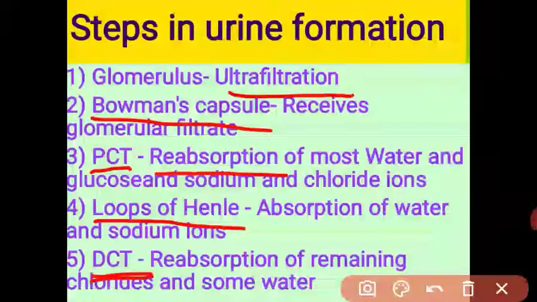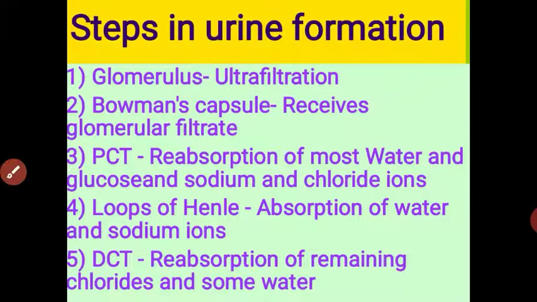That means if there is a rise in the water level, more water is secreted into the urine, and if there is a decrease in the water level in our body because of dehydration, water molecules are absorbed from the urine. This process is performed in the DCT. Then the urine passes to the collecting duct, to the urinary bladder, to the urethra. These steps are the formation of urine.